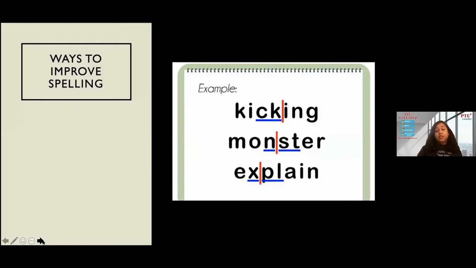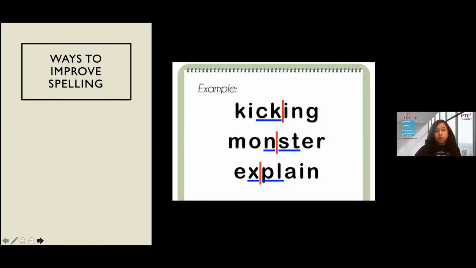All right. Now, I got this question in last week's live session, and I keep getting this question all the time when I teach people regarding the PTE test. How can we improve our spelling? How can I be much better in writing and not make mistakes while I write the spelling of different complex words? There are some ways. Obviously, practicing different words is one way, but that's not the only way. There are other strategies that you can follow to improve your spelling.